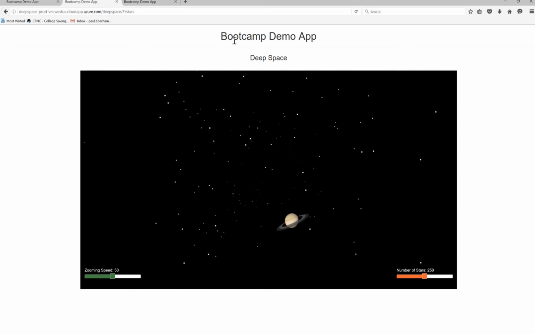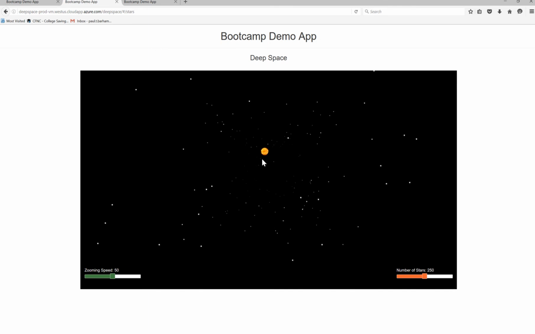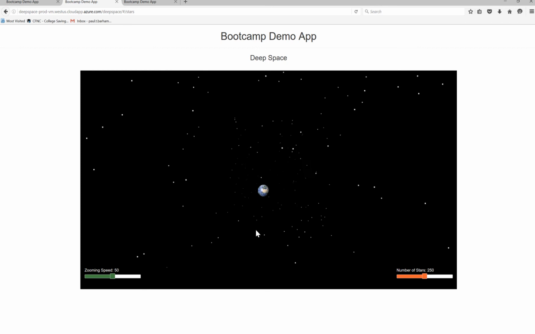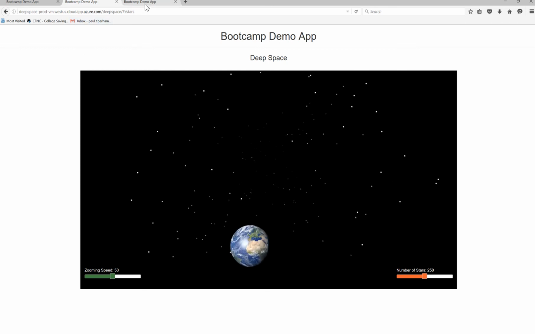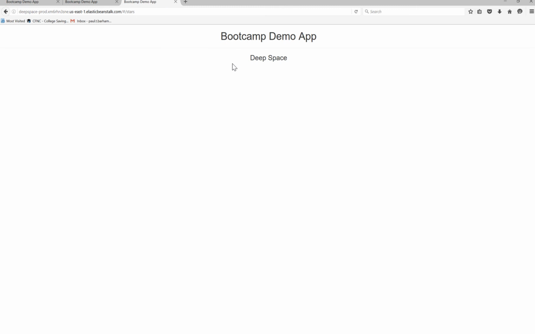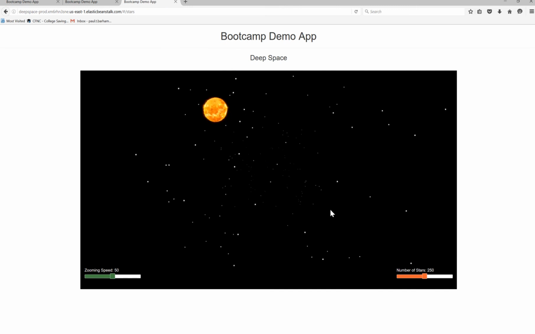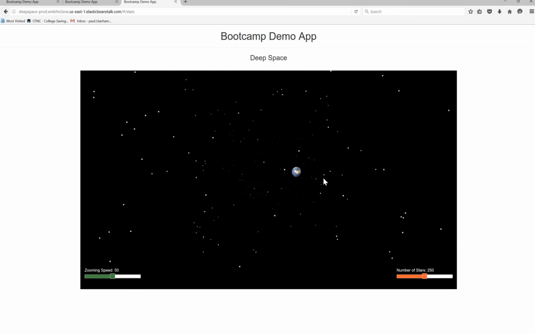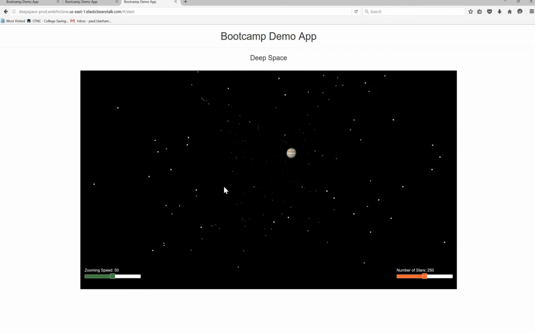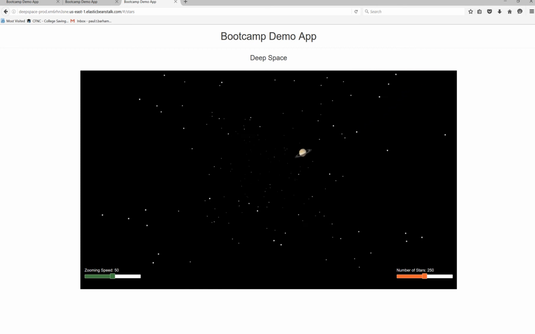We can go to Azure and do a reload of the app here. And we can see the sun. And then next should be earth, and there it is. So it's actually running in production in Azure. Now if I go to my Elastic Beanstalk and do a reload, there's the sun, and then here's the earth. And so all three of our stages were correctly updated with our feature fix. And so I'm pretty confident now that I can come back into my tool,